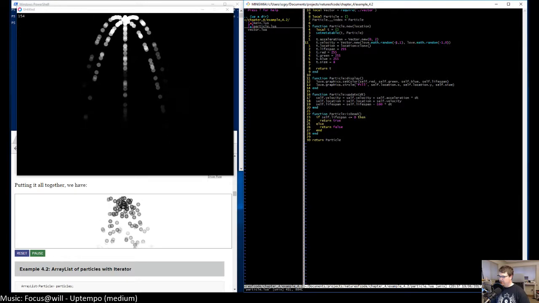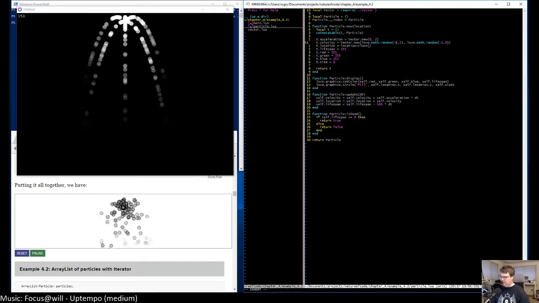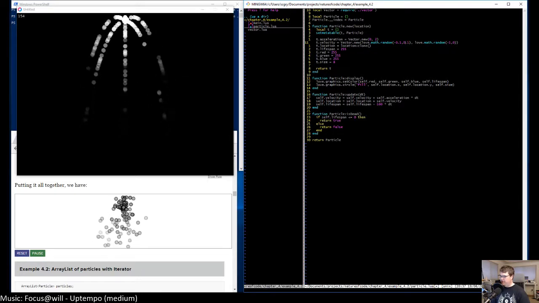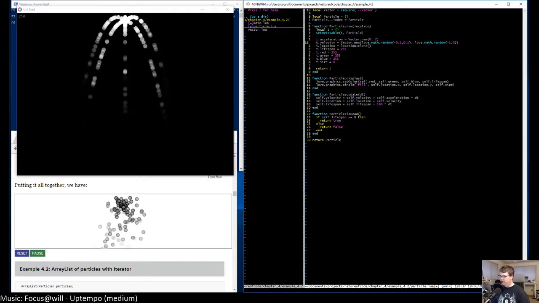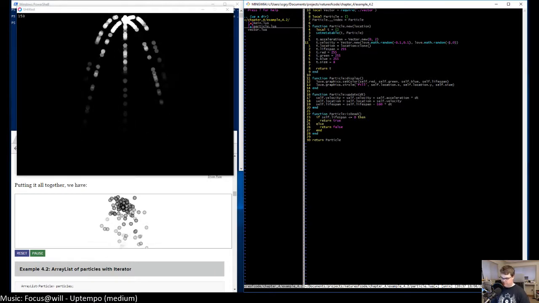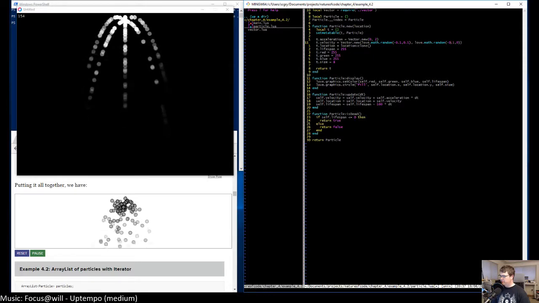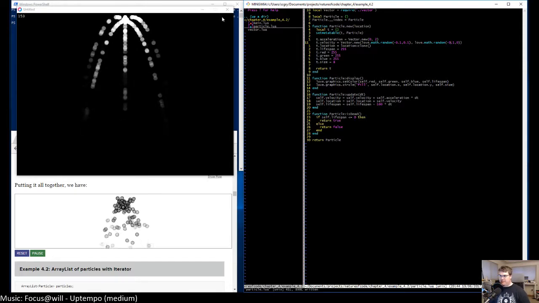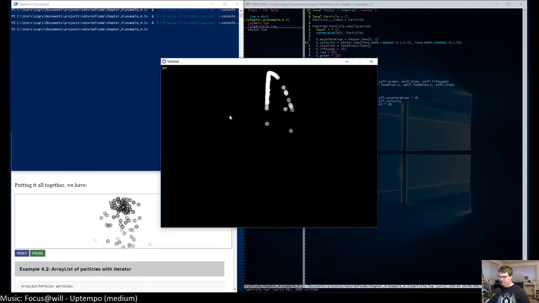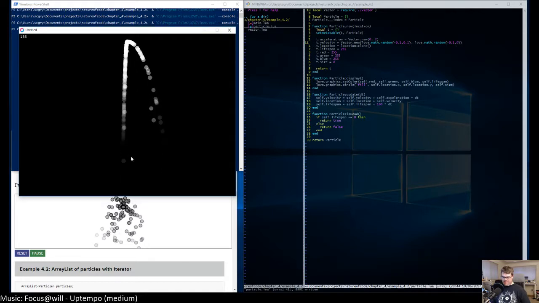So if I say something like negative 0.0, let's try 0.1. Let's try that and see if that changes it. Looks like a sparkler. Yeah, it kind of does.